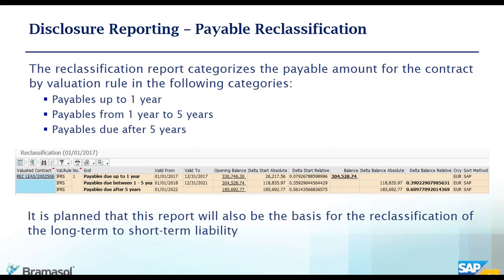We're also going to use this same report, just so you know, as the basis of the reclassification from long-term to short-term liability. So as it looks to this, it'll say, oh, okay, here's my amount up to 1 year. Remove that amount from the long-term liability and put that into the short-term liability. And we'll use the standard FI process to make that movement for you. So that report will be then 1 for reporting, and 2 is also the basis of the future reclassification postings. That will be standard FI process.